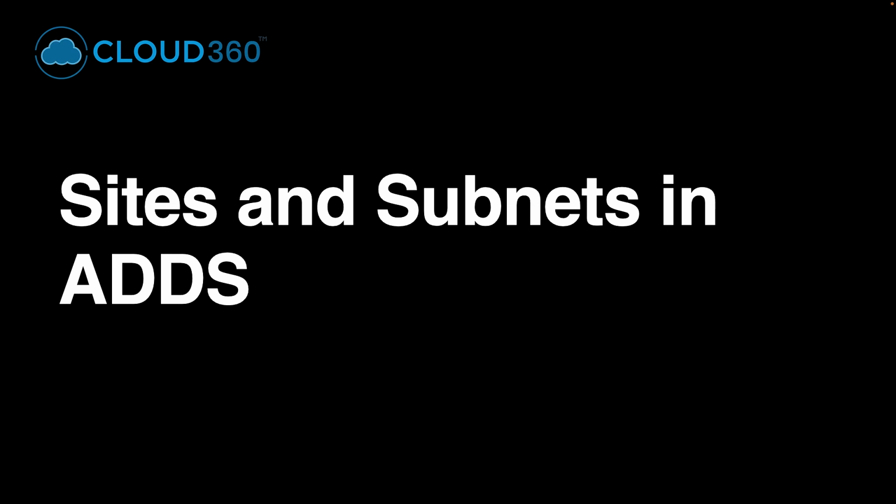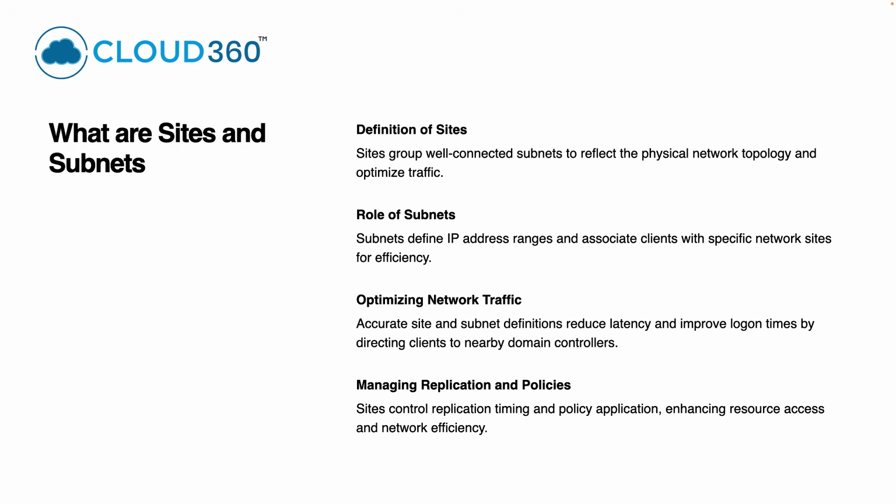Well, now let us talk about the sites and subnets and their role in Active Directory Domain Services. In ADDS, sites and subnets are used to represent the physical structure of a network. A site is a group of well connected IP subnets that reflect the physical topology of a network. Subnets define the range of IP addresses within a network segment and are used to associate client machines with specific sites. This association helps optimize the network traffic and ensures that the client connects to the nearest domain controllers for